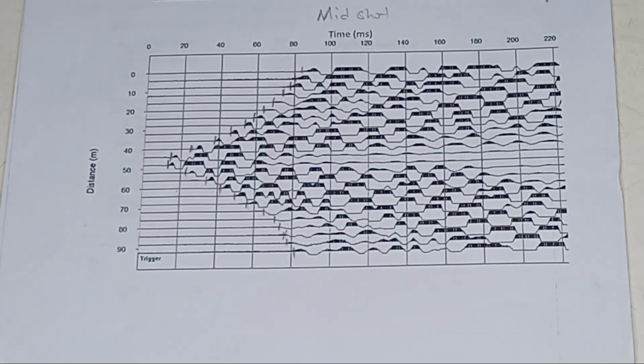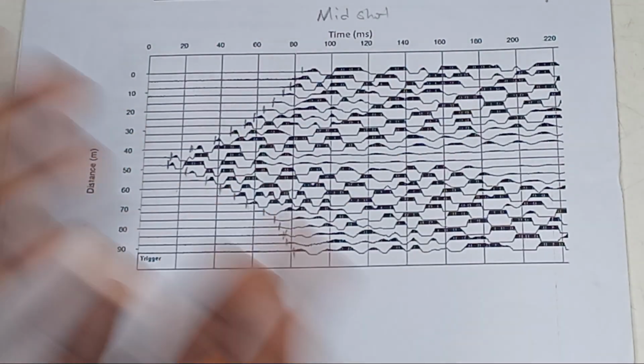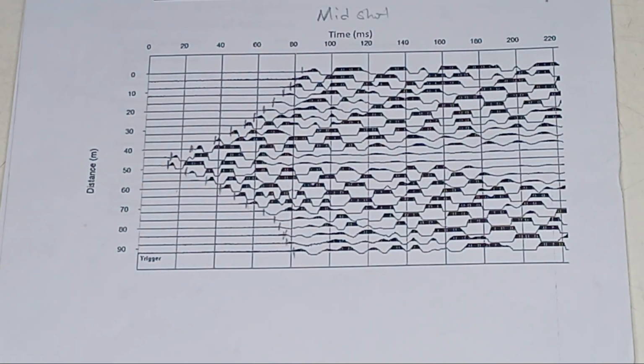Now that is how to pick your first arrival on your seismic refraction short sample. When you have a short sample, this is how to pick your first arrival. Good. Now the main purpose of today's video is this, and the second purpose for today's video is how